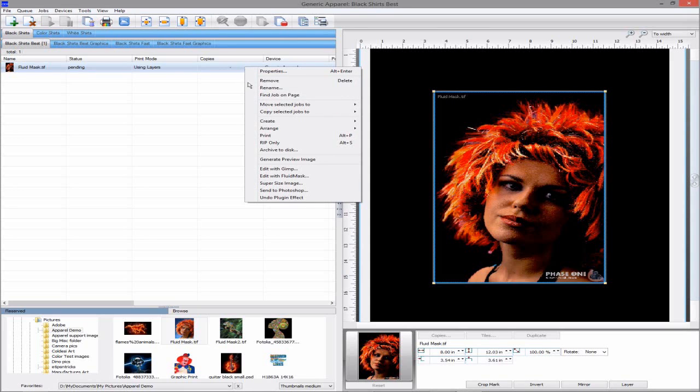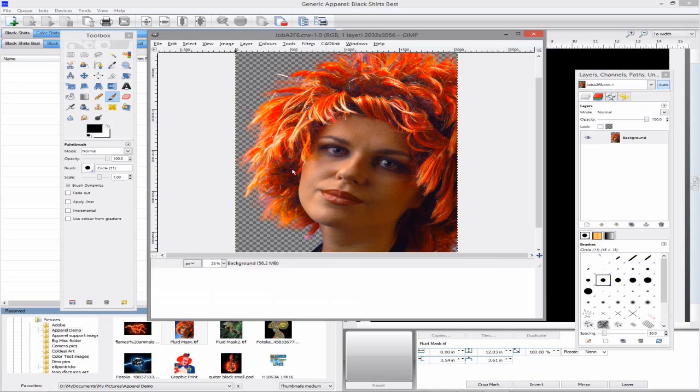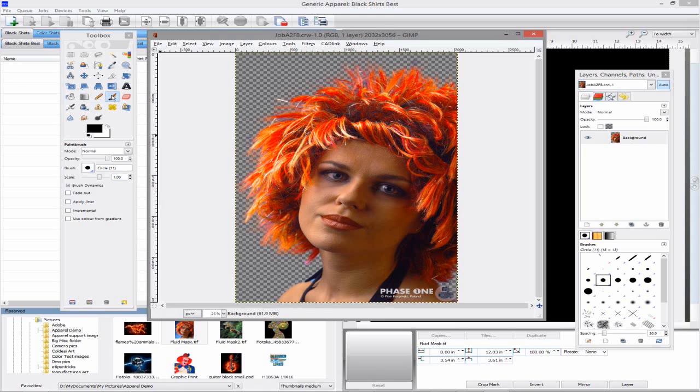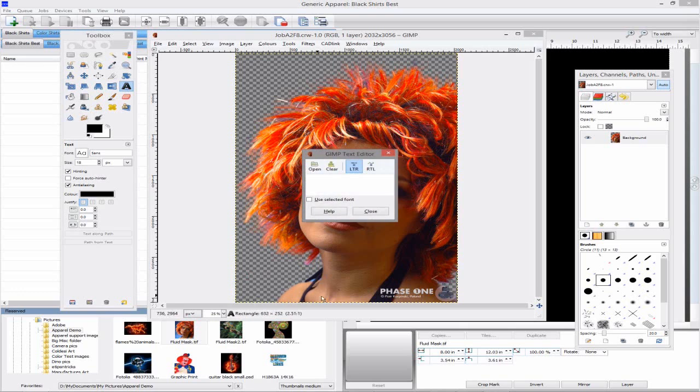You can also open an image in Photoshop from the queue itself using the Send to Photoshop. Or if you don't have Photoshop, a copy of GIMP is installed as part of your Apparel software, which is a free bitmap editing program that you can use. So if I wanted to add some text using GIMP, I can edit with GIMP,